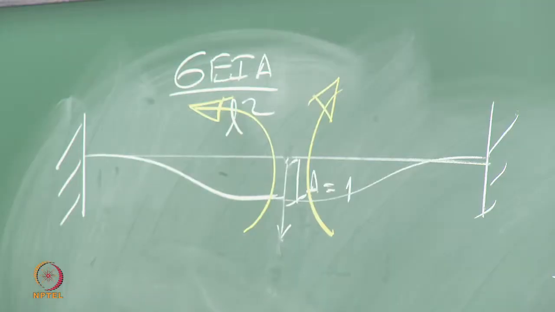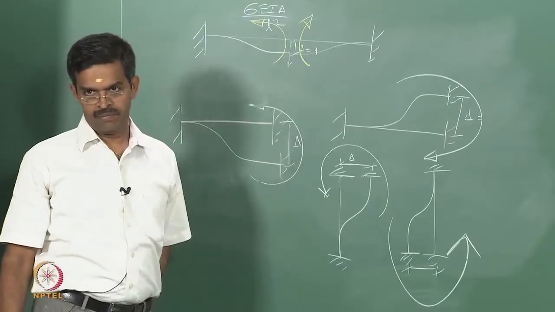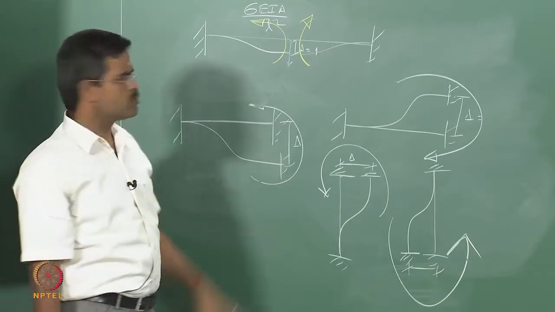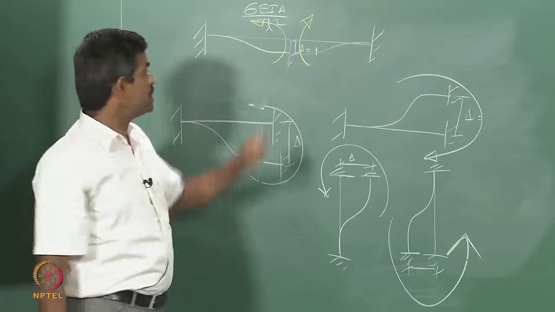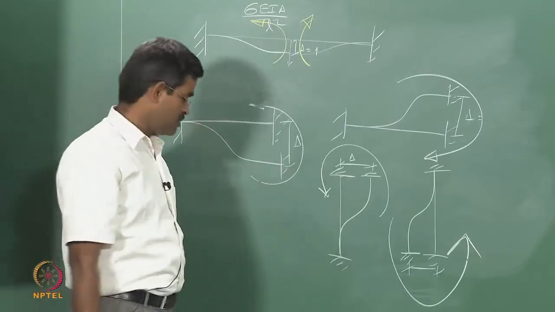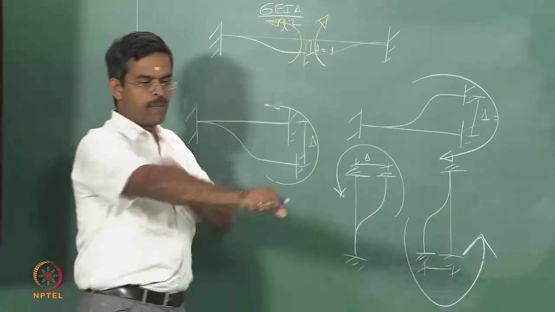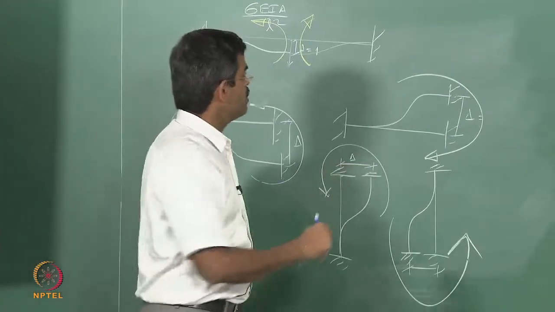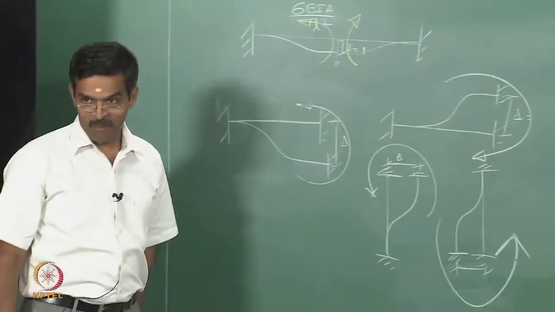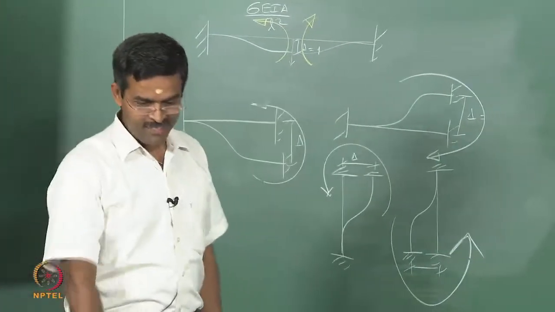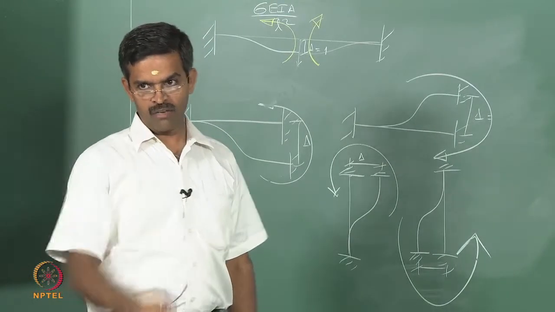Now one can ask me a question: when I give a deflection, how is it generating a moment? Moment is actually to be generated only at the fixed end, but how am I getting a moment here? This is not explained comfortably in many of the textbooks. It is very interesting. Imagine your hand. Keep your hand straight. There is a movie where people used to do exercise, stretch your hand, hold a bucket of water and keep it horizontal, I mean straight. Try to keep it straight.